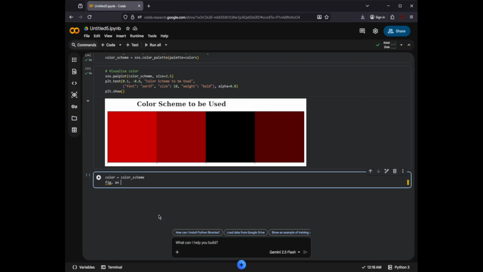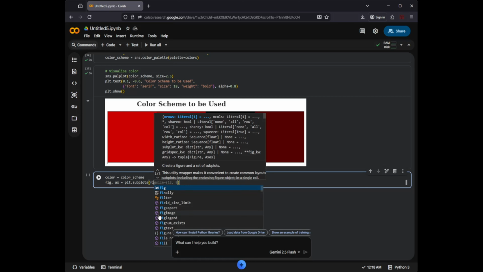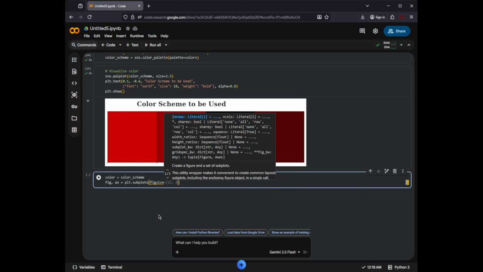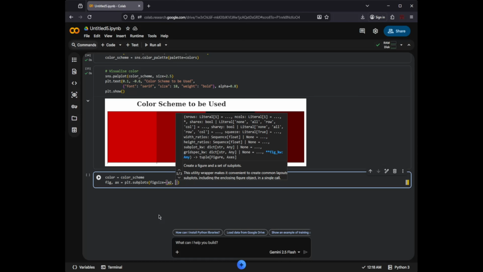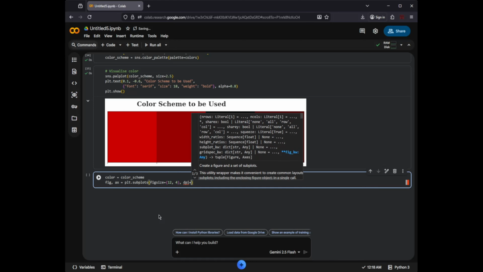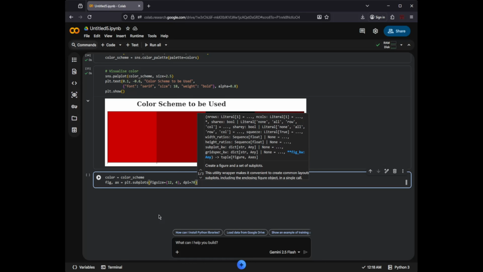assign the figures we're going to be plotting, but now let's do a subplot. Subplot is more like having a big plot containing smaller plots, and you set the size for these plots. Use a 12 by 4 size. Sorry, I suppose use 12, not A. And then set the resolution for the plots. We use a resolution of 70, and then